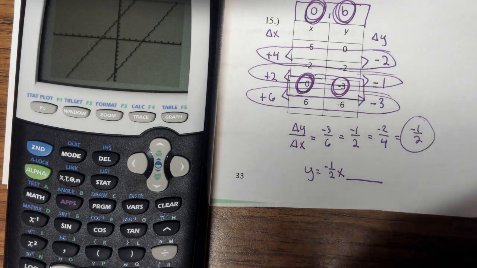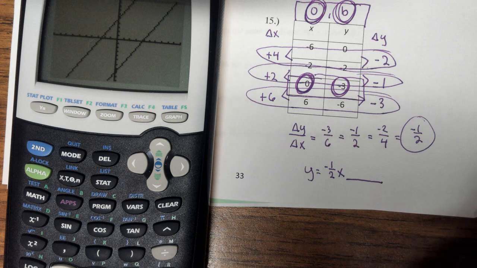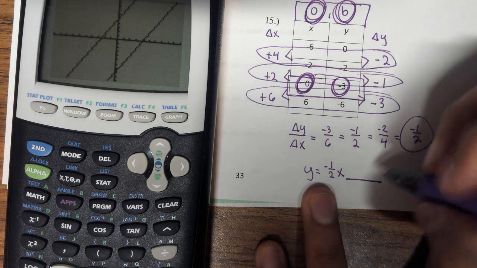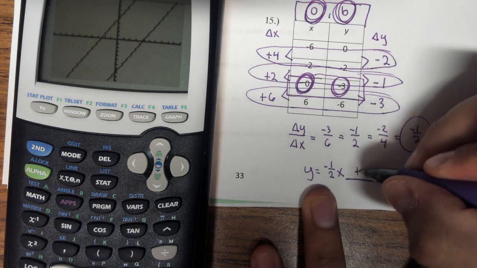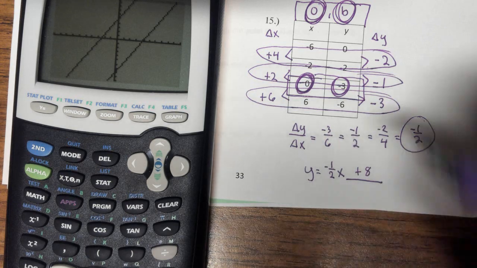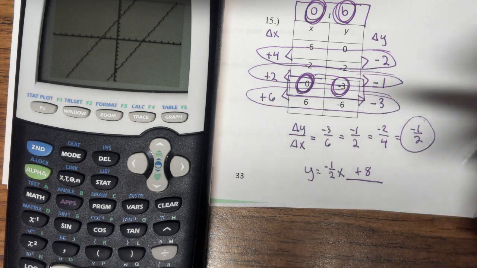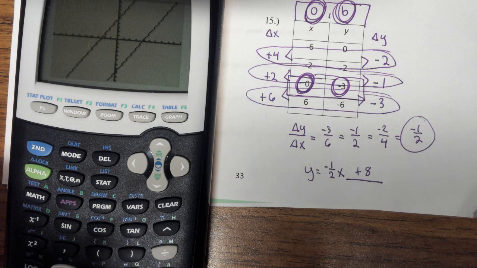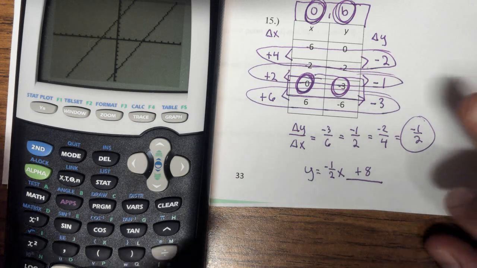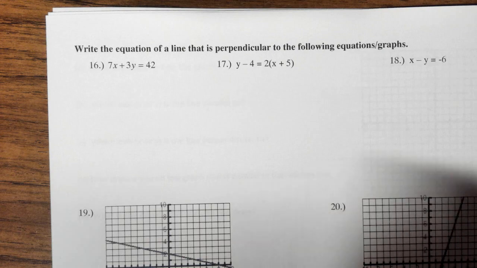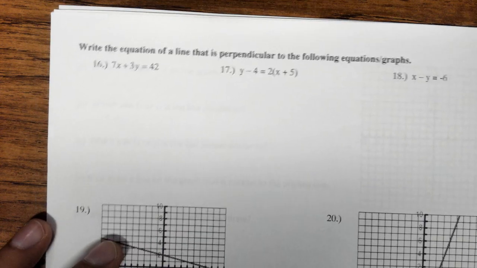So for my new one, I just need a number other than -3. It can literally be anything, or no, +8, right? As long as it's different, because I just don't want the same line. So then I can go through, I could graph both of those equations, and I could show you that they're parallel. For one that's perpendicular,